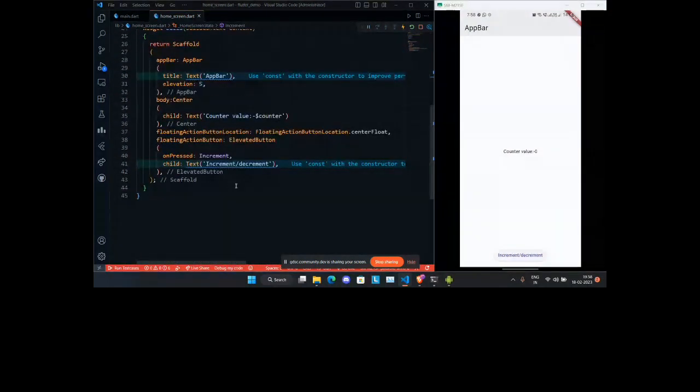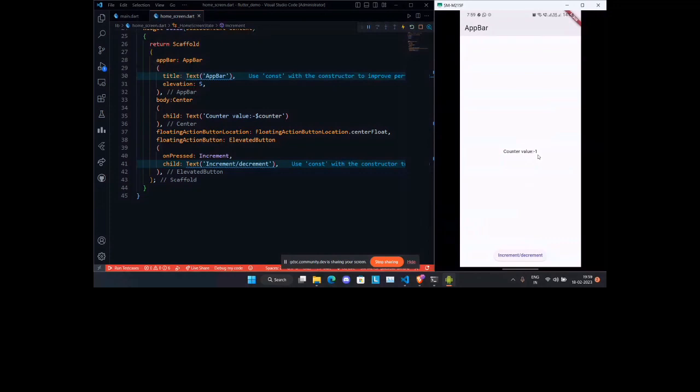Let's just test it. Let's hope that everything works out. As you can see, the value of the counter variable, everyone can see it. Make it size, let's make it 25.